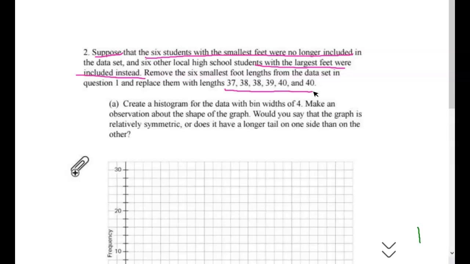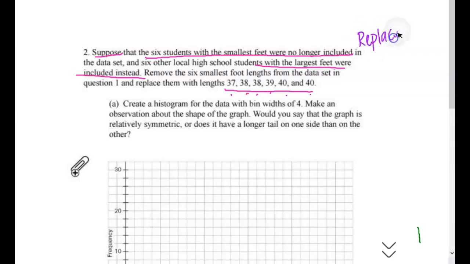So before you get confused, you're not deleting all 40 students. You're only deleting who? The 6 smallest feet. And we're going to replace those 6 smallest measures with 37, 38, 38, 39, 40, and 40. Now, I already did the homework for you, so I'm going to tell you what the smallest 6 measurements are. Ready? So you're replacing the smallest values, which are